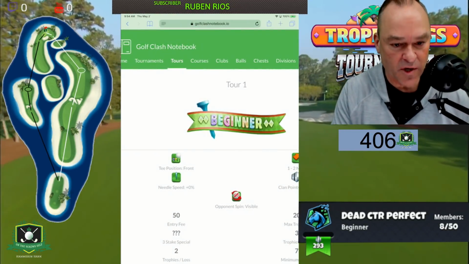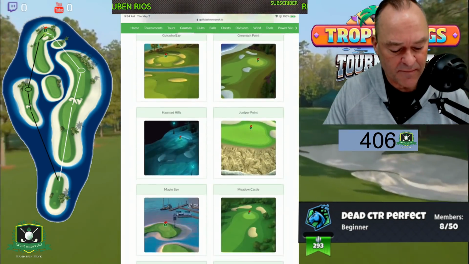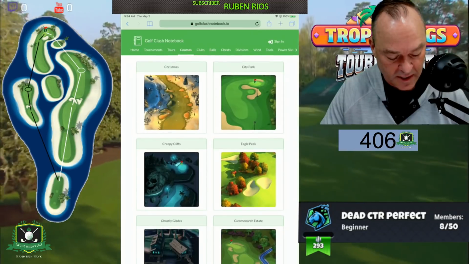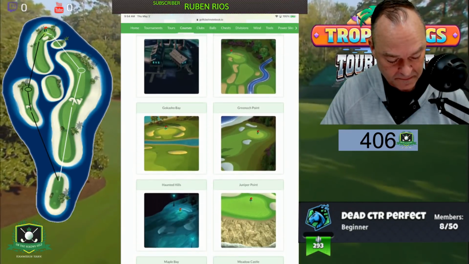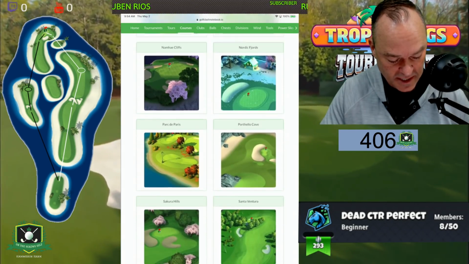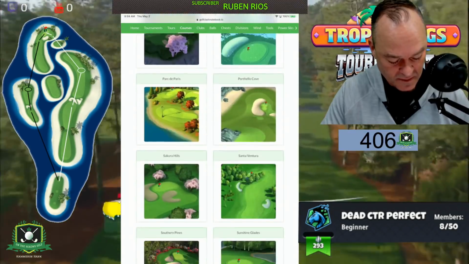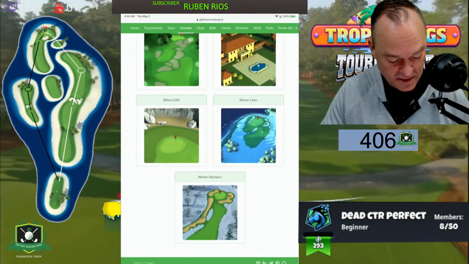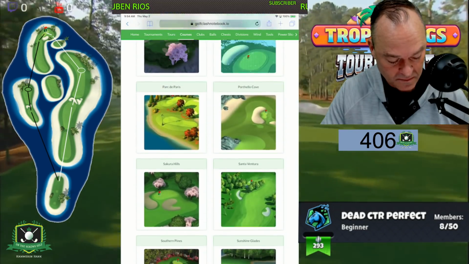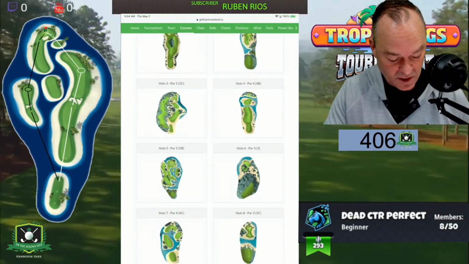And then it goes over the tour that you're going to be playing. Here are the different courses within the game. You can go through all of those. So for instance, we'll just try to pick out one that we're going to be playing here. Where's Portello Cove? There's so many these days, it's hard to find them all. Portello Cove right here. Okay, so